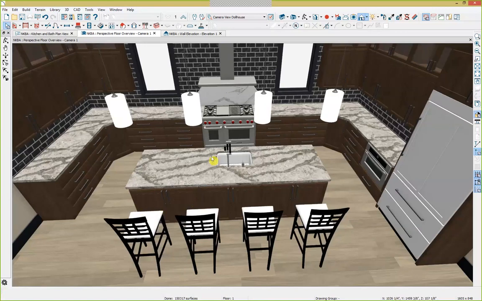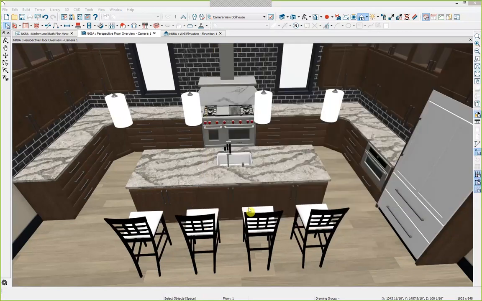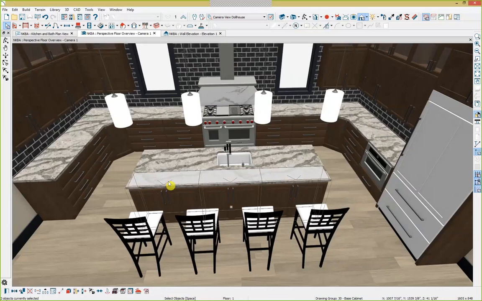Now we're ready to make modifications to the island. Just to recap, our first option is going to be a 9-inch overhang. You'll also recall that countertops automatically generate on top of your cabinet boxes in Chief Architect. If I hold Control, I'm going to select these 3 cabinets right here. There's a button down here that says Generate Custom Countertop. And what that's going to do is separate the countertop, which the program automatically generates with the box, so that you can select it